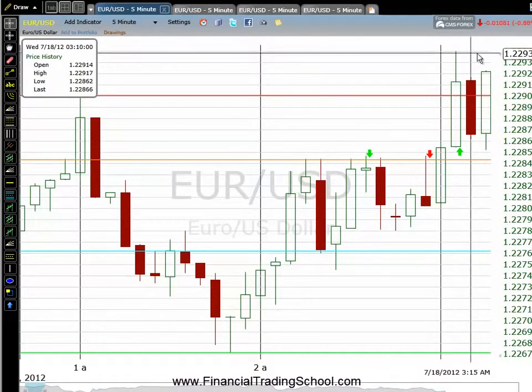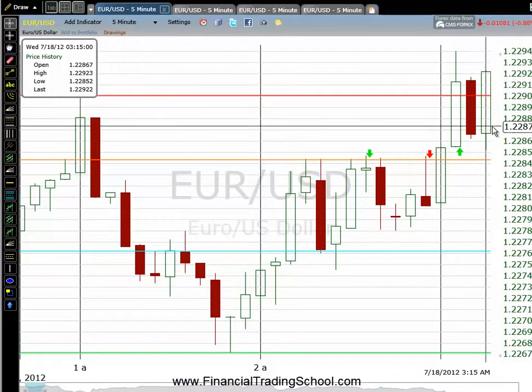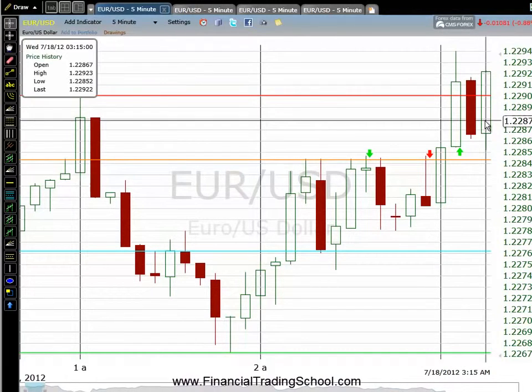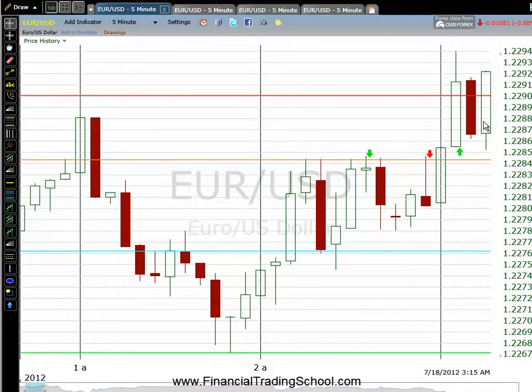Question is, can it break this level further, or is it going to go back down? Also note, at this point it is 3:15. So if you're trading stocks, this is power hour. This is what the stock traders usually call power hour. When I was into stocks, this is what we called it. The last hour of the